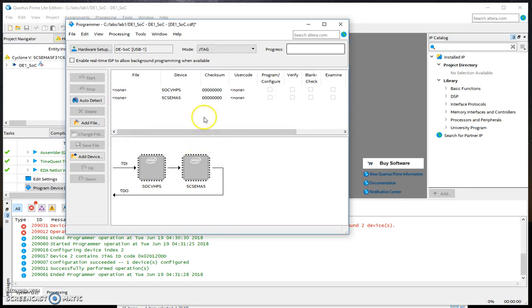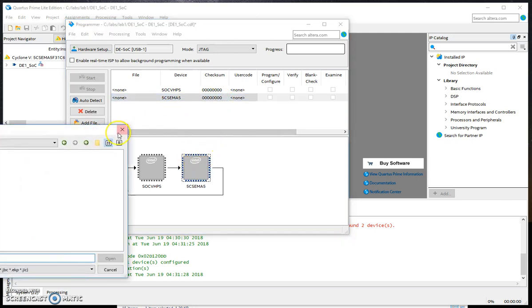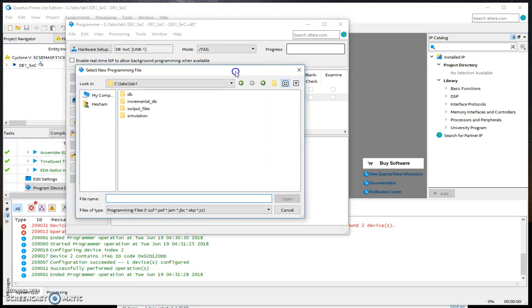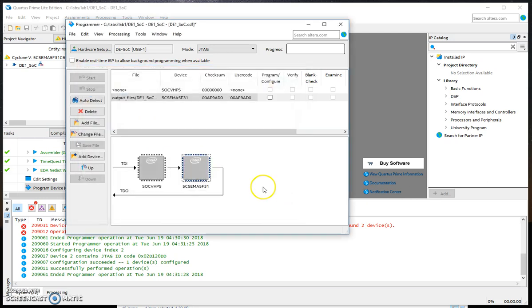And here, now we have 2 options. So we go to the 5CSEMA5 and click, and then we need to change the file. Make sure this is the correct directory, and then we're going to double click on Output Files, and we're choosing de1soc.sof. Open,